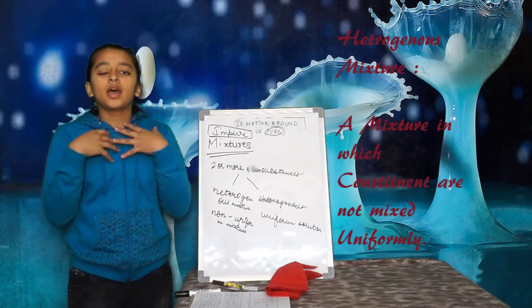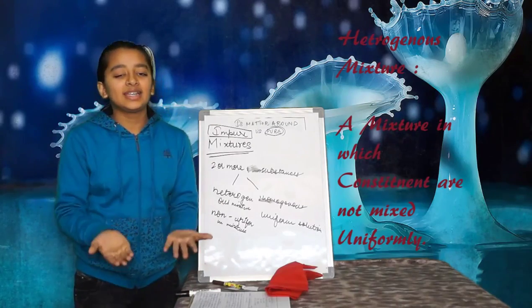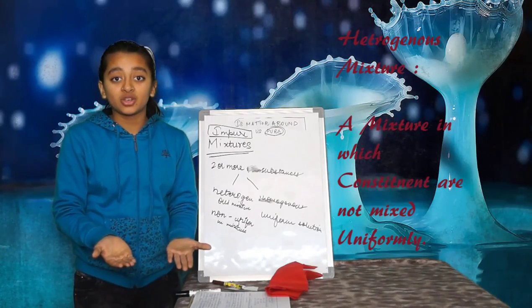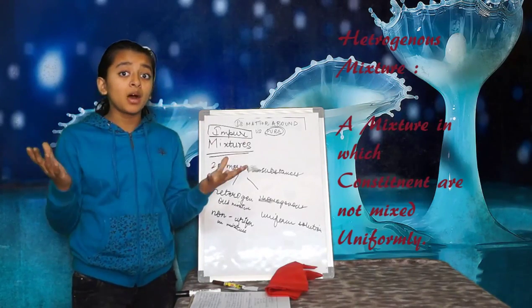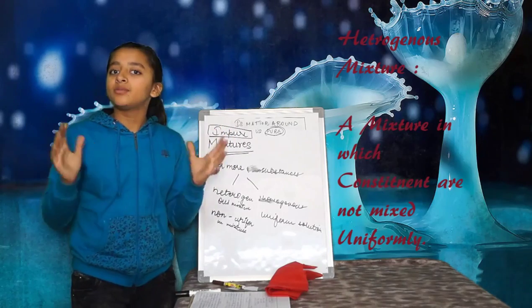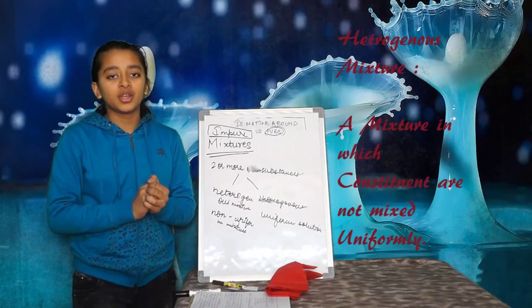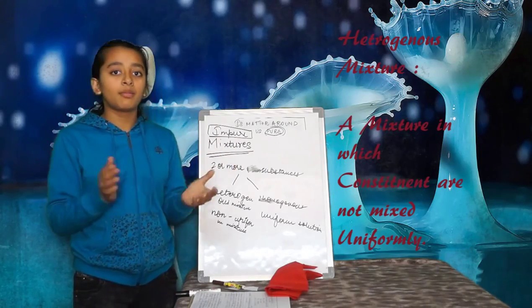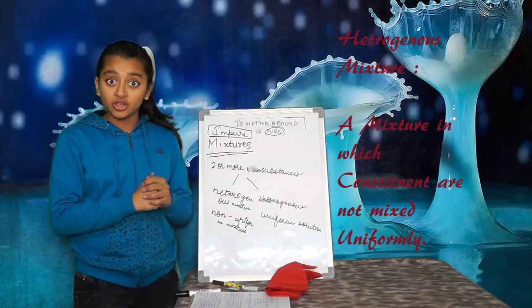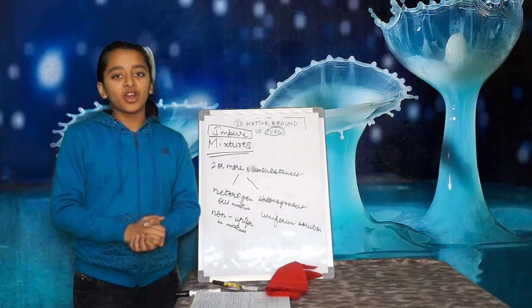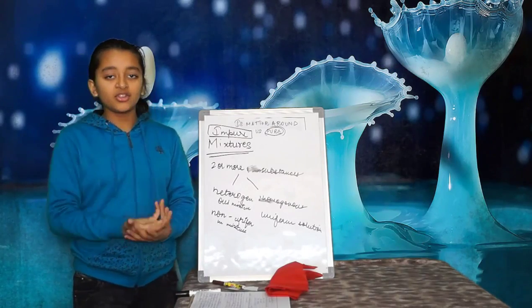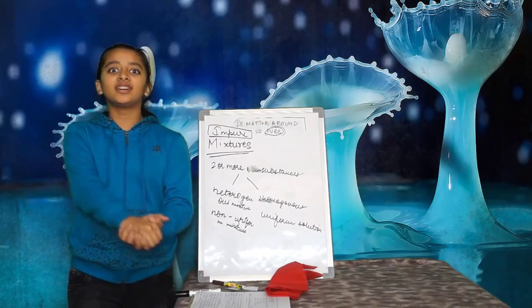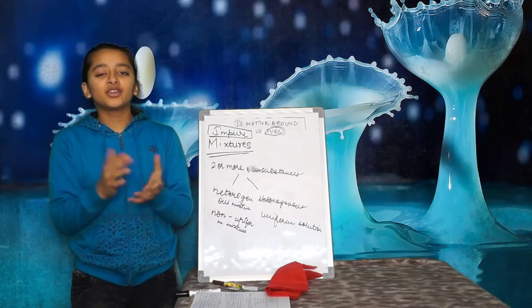So by now I think that you can easily distinguish between a compound and a mixture. A compound has a fixed composition and a mixture has a variable composition. And so I think I have distinguished between the mixture and the compound and told you about the 2 types of mixtures. The later part would be discussed in the next video.